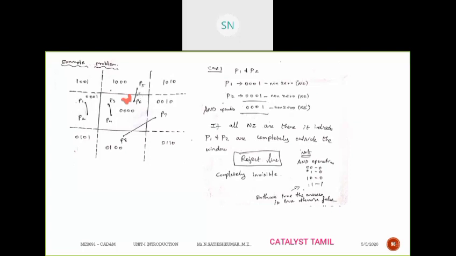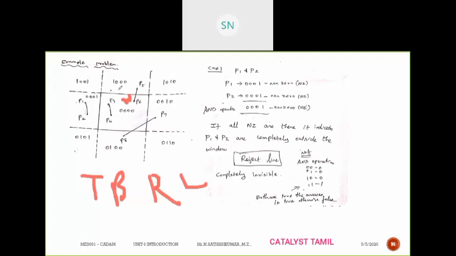So step number 1 is, after drawing this window, I have to extend this window. Window vertex extend like this. Then after extending this window vertex, we have to assign the region code. How do we assign the region code? Based on the formula TBRL. Based on this formula, we have to assign the code.